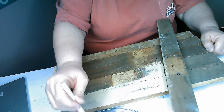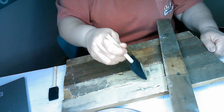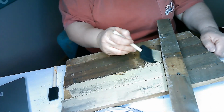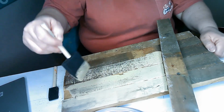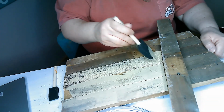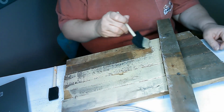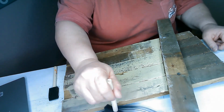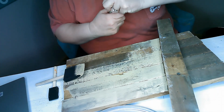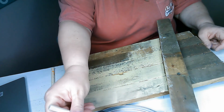Mr. Leprechaun, he is gonna have a beard, and I don't know, maybe even a pipe, we'll see. But just want to put a nice base coat for whatever. So whether we hand paint or do SVGs, I think this coat's gonna help. Plus, you know, painting this wood makes it easier for whatever else you put on there to show up a little bit more. So I'm gonna get him finished up,